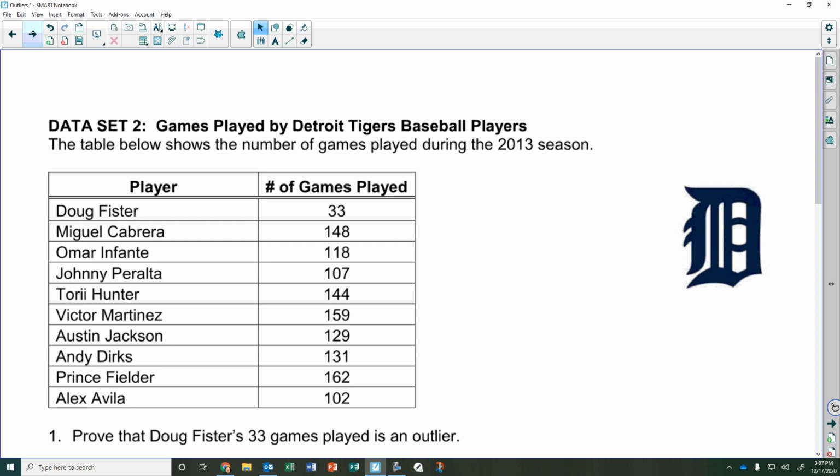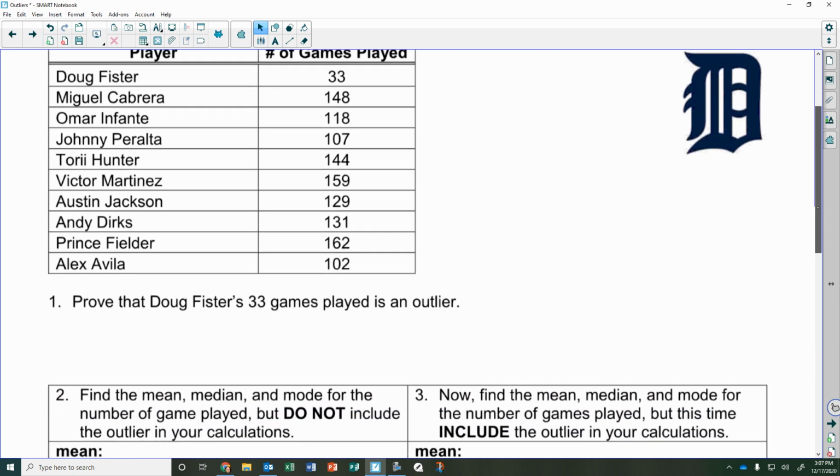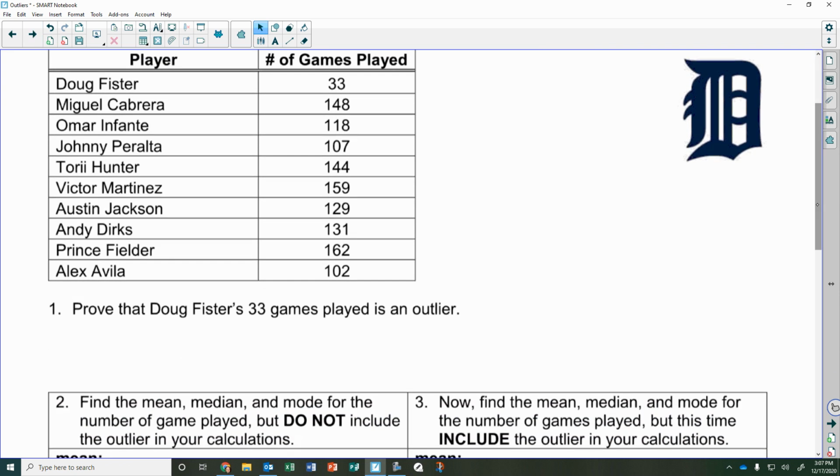Page 3. So data set 2 is the games played by the Detroit Tigers baseball players in 2013. And you can see here we got a lot of data, a lot of numbers in the hundreds, and then Doug Fister is at 33. So it says prove that Doug Fister's games, 33 games, is a true outlier. Well, again, if we put this in order,